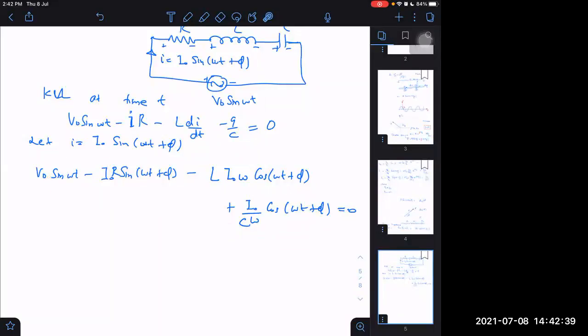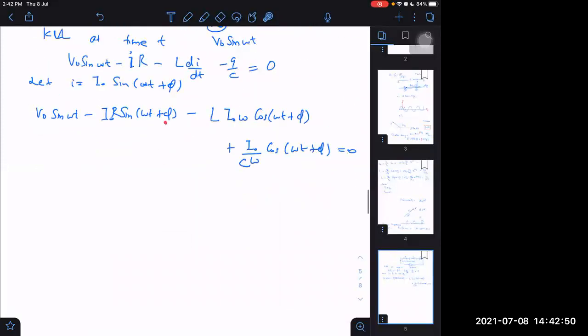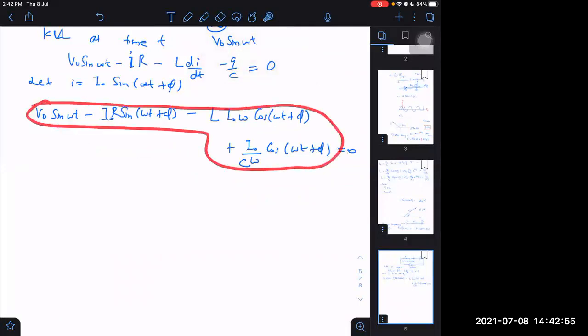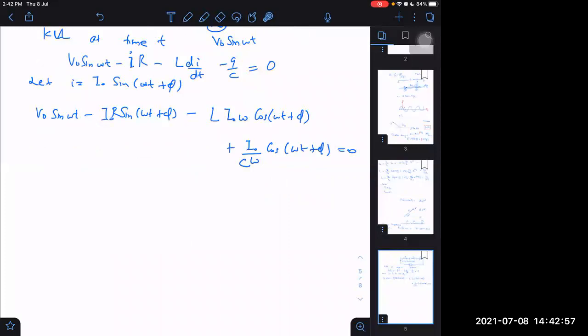Yes, it can satisfy depending upon what phi value I have today. Then this is a valid solution. We will be getting the proper result from this also. This will be treated as the right solution. But how to get the phase? Now, don't you think it is much more complicated to solve this expression unless we convert it into a simple, suitable, easy form of vectors? Then it will become very easy.